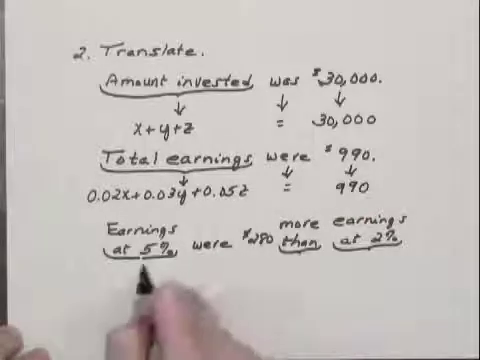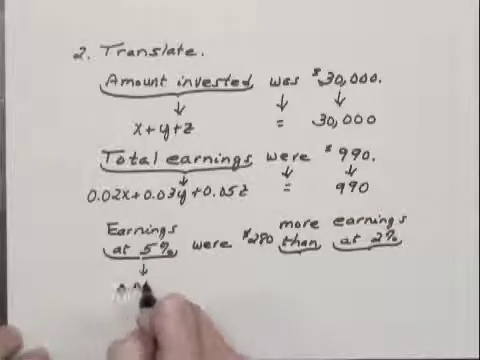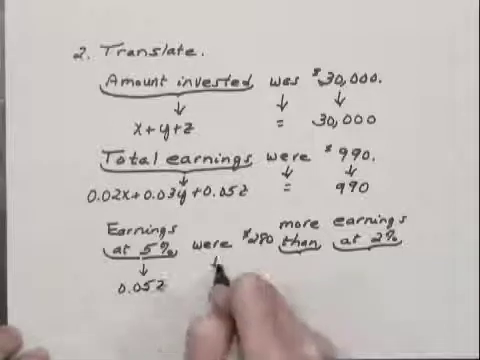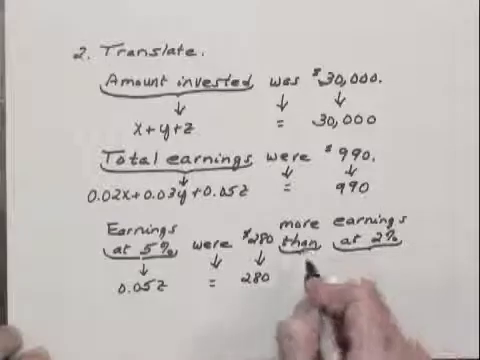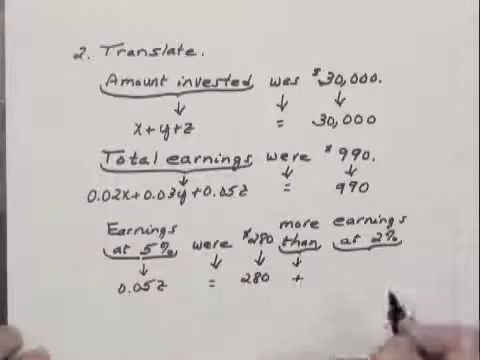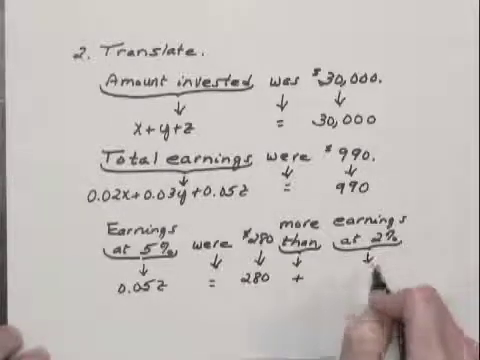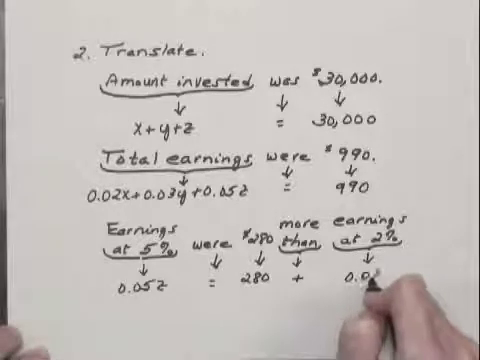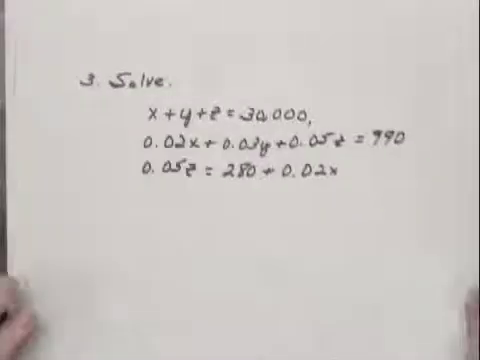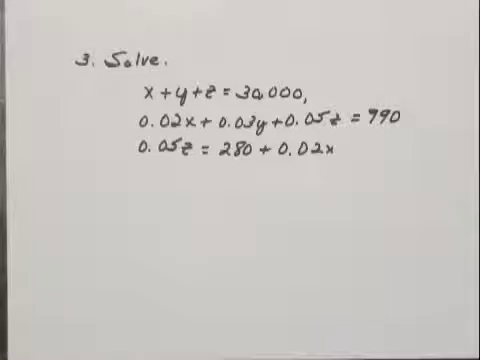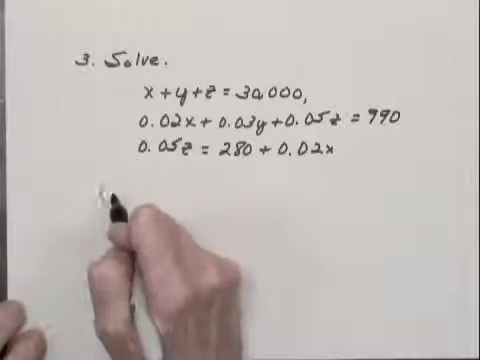The earnings at 5% were 0.05Z, and these were $280 more. More than means we add. The earnings at 2%, which we said were 0.02 times X. So we have a system of equations in 3 variables. This is the system of equations that we just wrote using the 3 variables. And when we solve this system of equations, we get the ordered triple,